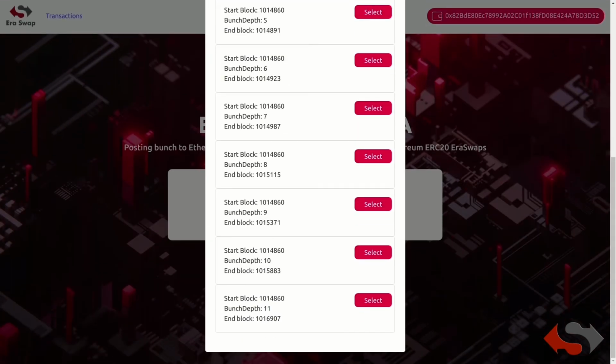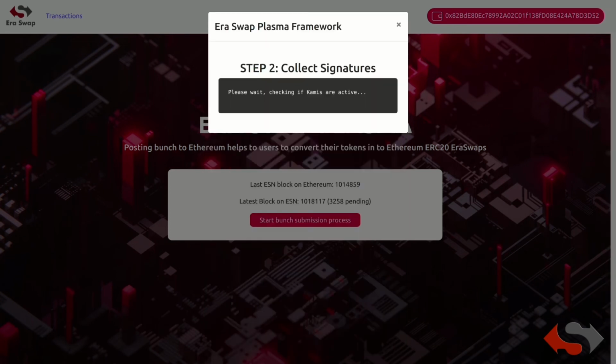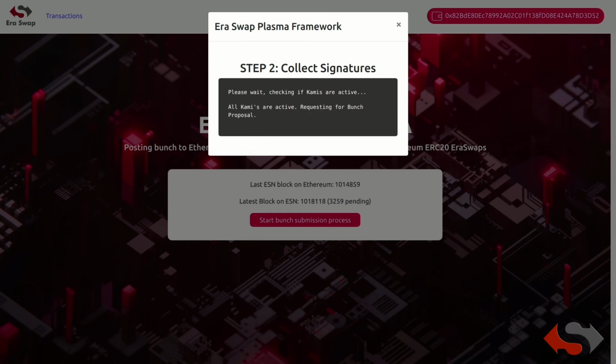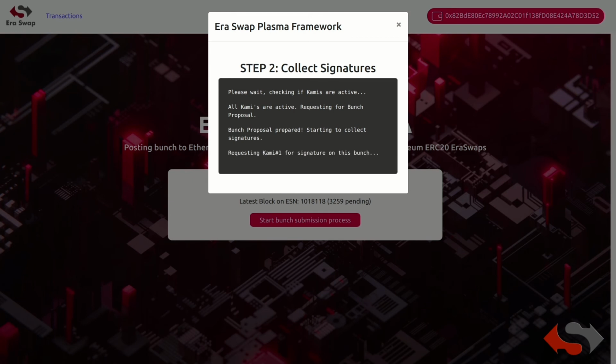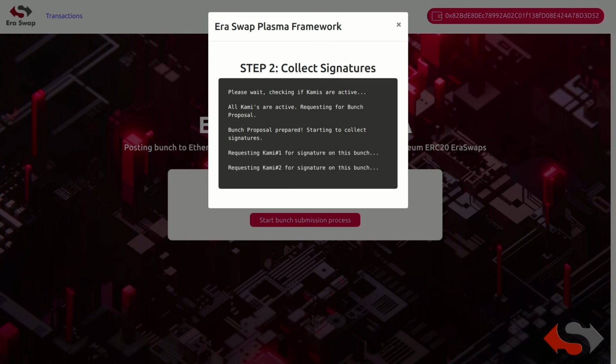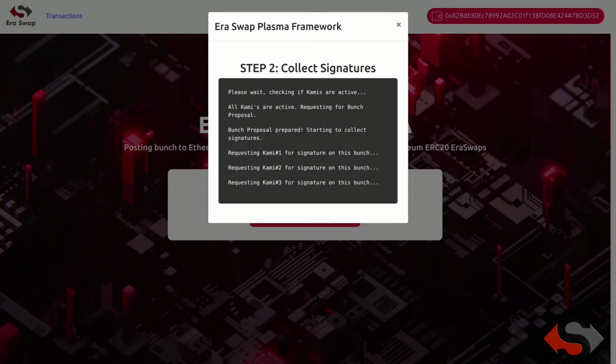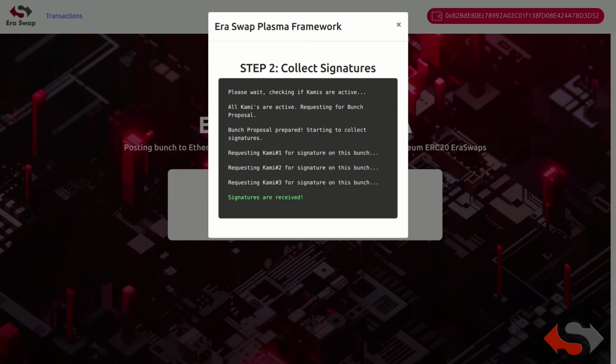Now let's do bunch depth 11, which has around 2000 transactions. We'll select this and the same process happens. Commies will be active. It will be searching for signatures. It acquires the signature, verifies it, and creates the bunch proposal.